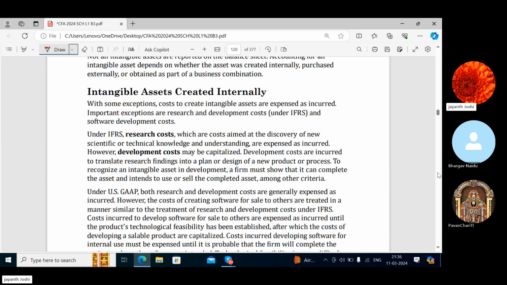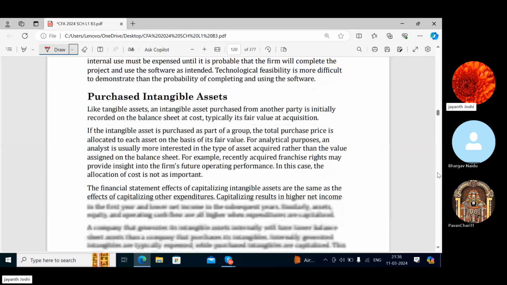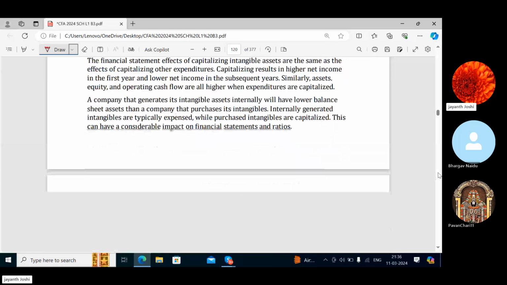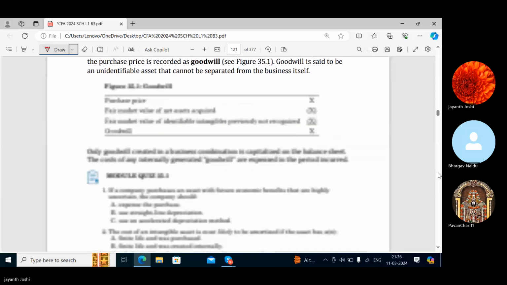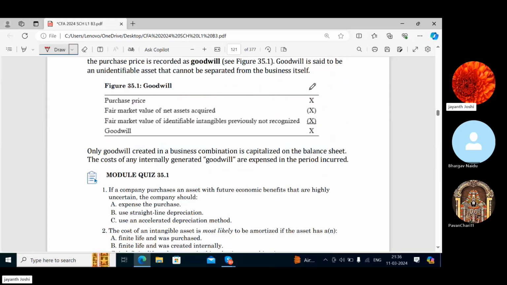I don't think I have left out anything. Yeah, so goodwill, how to calculate, they have given here. Purchase price, what the company is paying, let's say $100. Fair market value of net assets acquired. This is represented by equity actually. Okay. Fair market value of net assets acquired, let's say